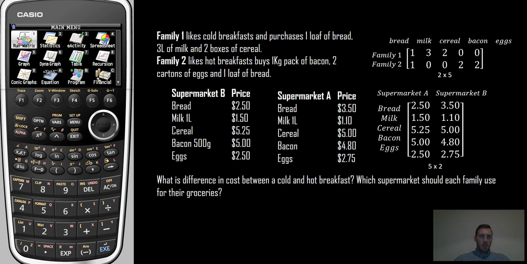here. For this video, I'm going to use the example where one family likes cold breakfasts and the other family likes hot breakfasts. The families have a choice of shopping at two different supermarkets. We'll find out what the difference in cost between hot and cold breakfast is, as well as which supermarket each family should buy from. The first matrix we have here is a 2x5 quantity matrix outlining the quantity of each item each family buys. The second matrix is a 5x2 matrix that outlines the cost of each item at the